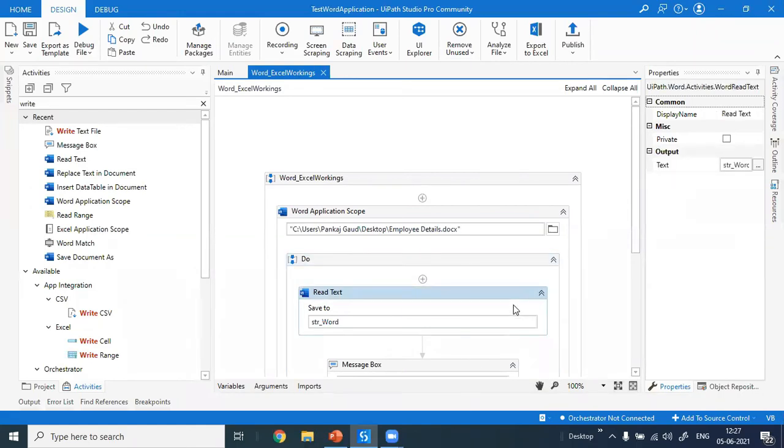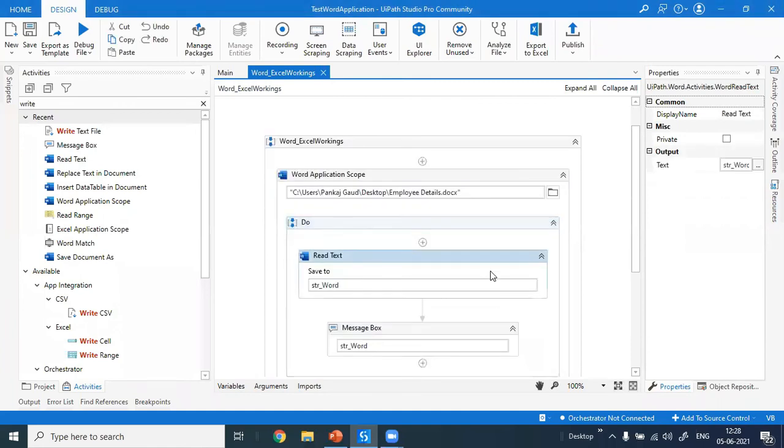Sheikh Jani has asked Pankaj, can we read specific data? Not the whole document. Can we read the second line or a specific paragraph, or start from some keyword? Is there any extra option? No, it is a read text, so it will read the whole data. Like generally in PDF we have anchor based activity. We can proceed further, Pankaj.